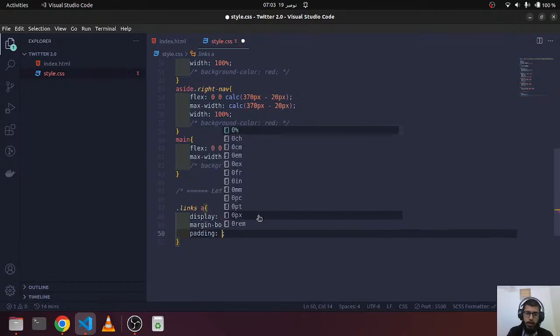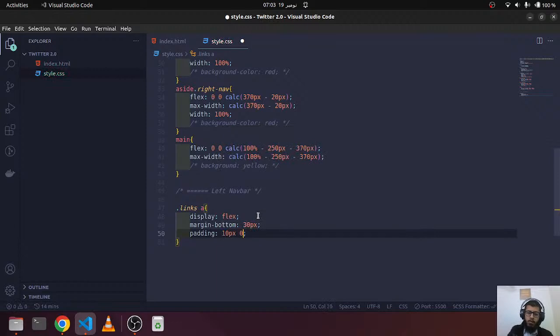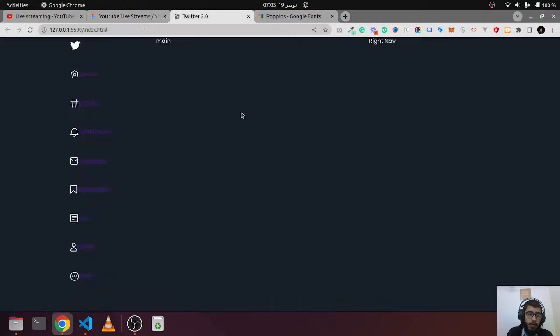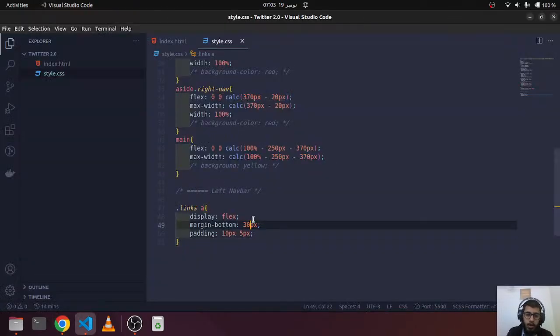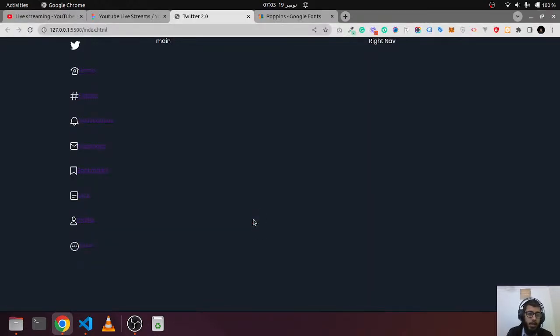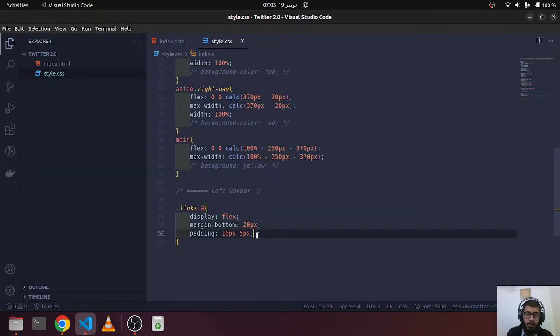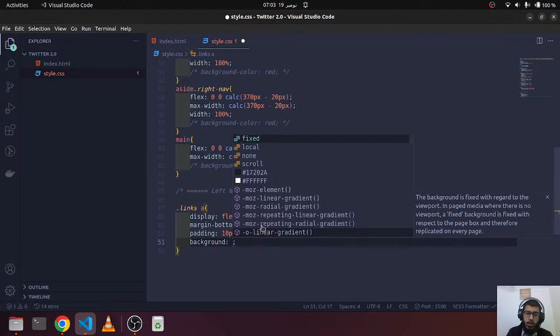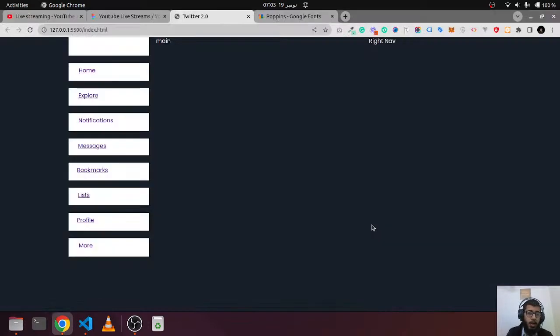We can say padding 10 pixel top to bottom and 5 pixel from left to right, and oh, margin is too much. I think it should be 20 pixel. Still, if I say the background color, background should be, if I see that,